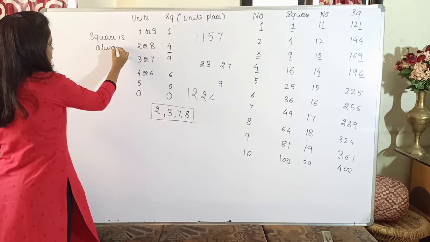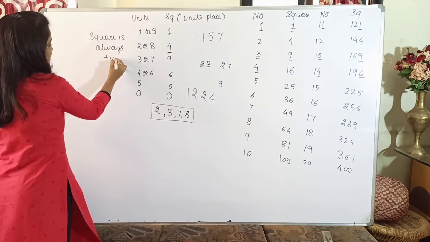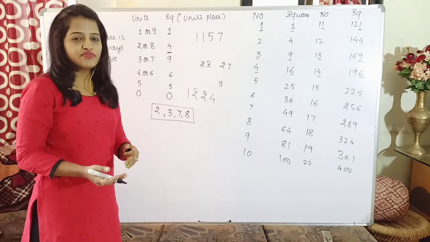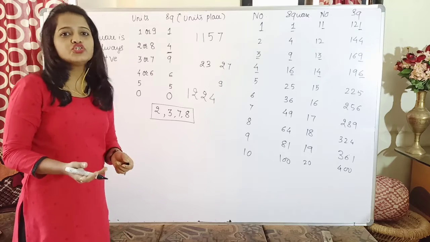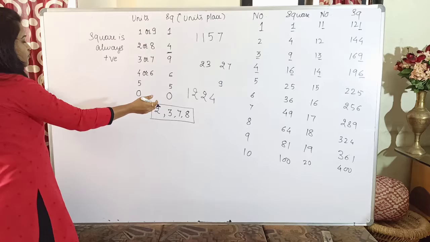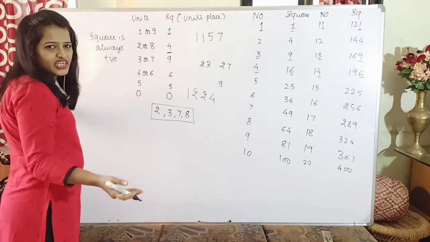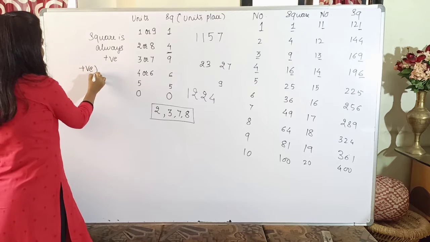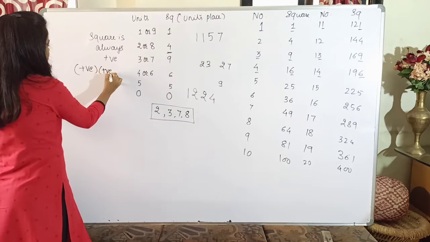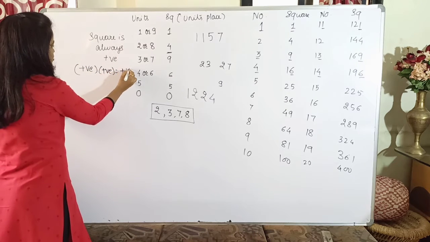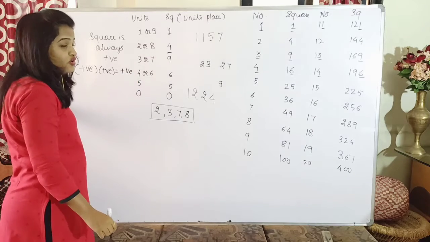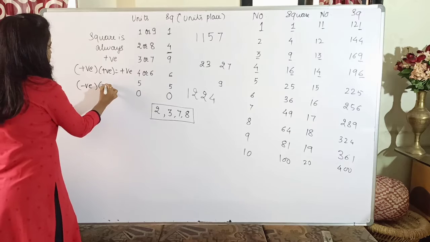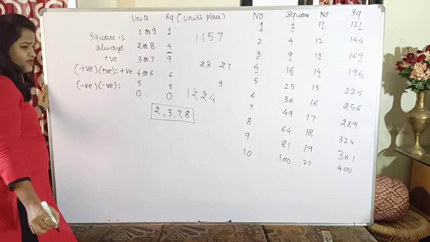It means it can never be negative. Even if you take the square of a negative number, you will get a positive value itself. For a square of a positive number, definitely you know the answer will be positive. So positive number into positive number, definitely I will get a positive number. But if I am taking a square of negative numbers, so negative into negative, what will be the answer?